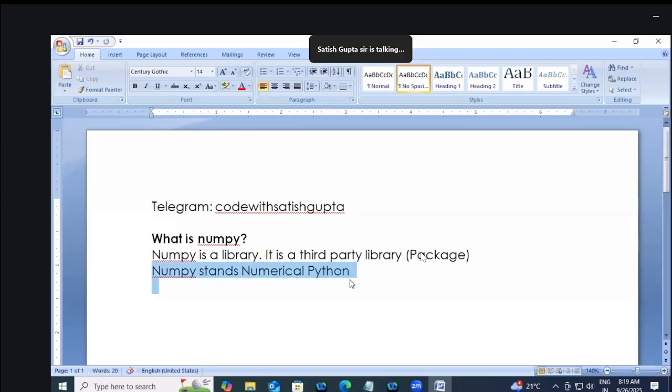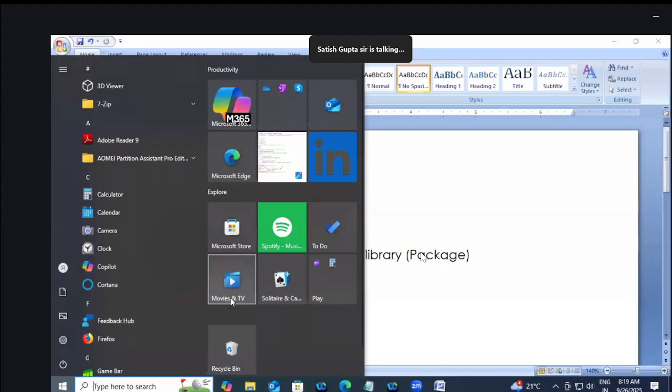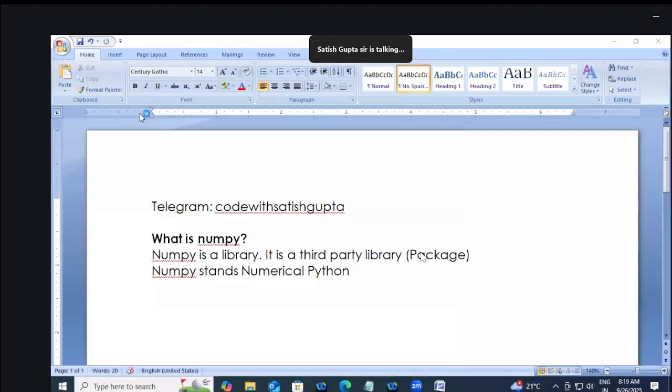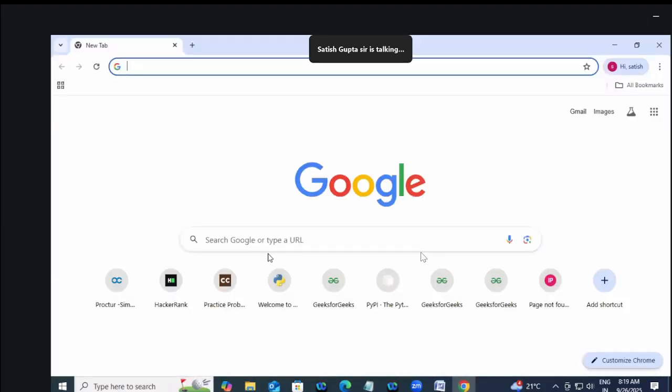So NumPy stands for numerical Python, and NumPy is a library and it is a third party library. Now I say, this is the official website of NumPy. If you see the official website of NumPy,